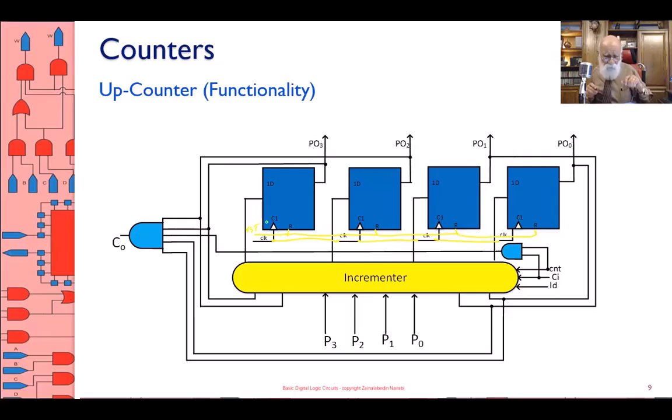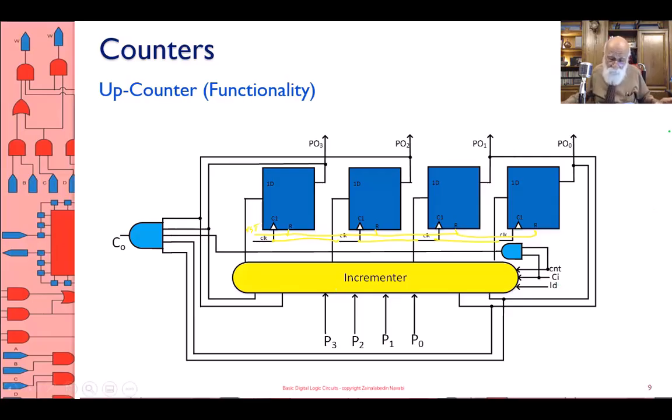Reset. We don't really talk about those. Those are all connected. So I have 4 flip-flops, and the inputs of the 4 flip-flops are coming from a logic which I call the incrementer. It's not exactly incrementer only, but this incrementer circuit,